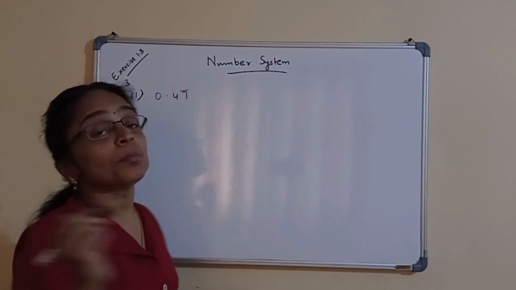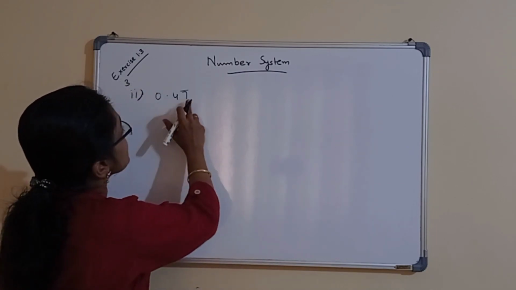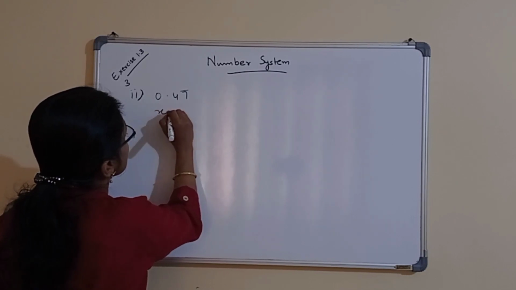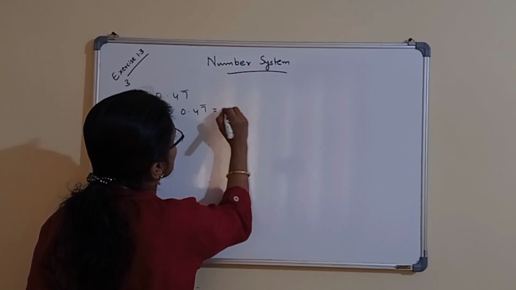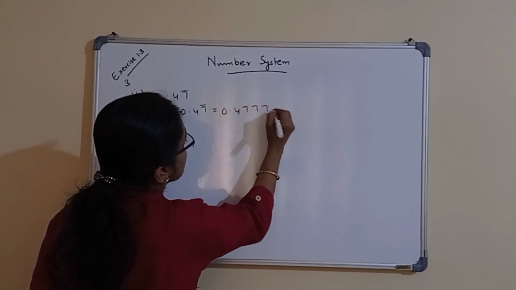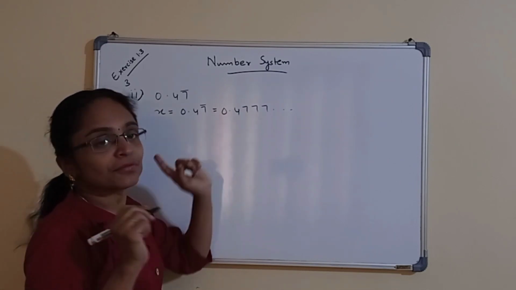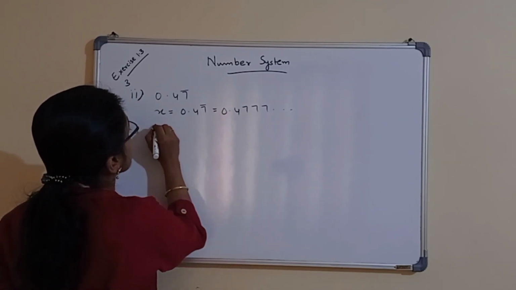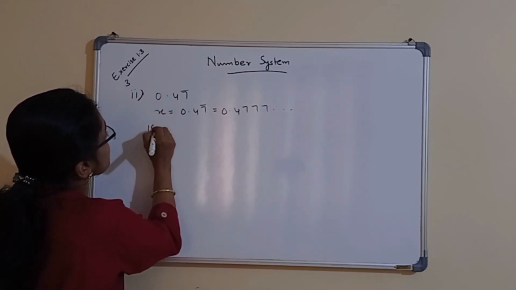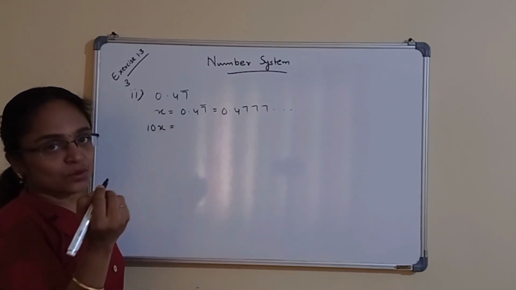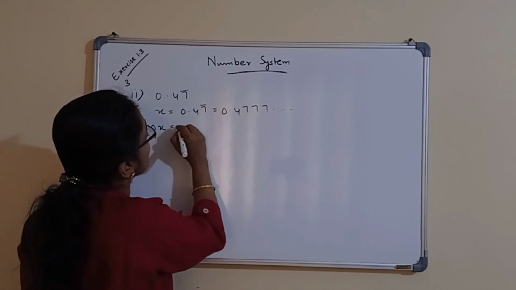Next one is 0.47 with 7 repeating. Write this in the form p by q where p and q are integers and q not equal to 0. So, first we can write x is equal to 0.4777 etc. This 7 will repeat. Now, since one digit is repeating, we have to multiply this by 10. So 10x is equal to, if we multiply this by 10, we will get